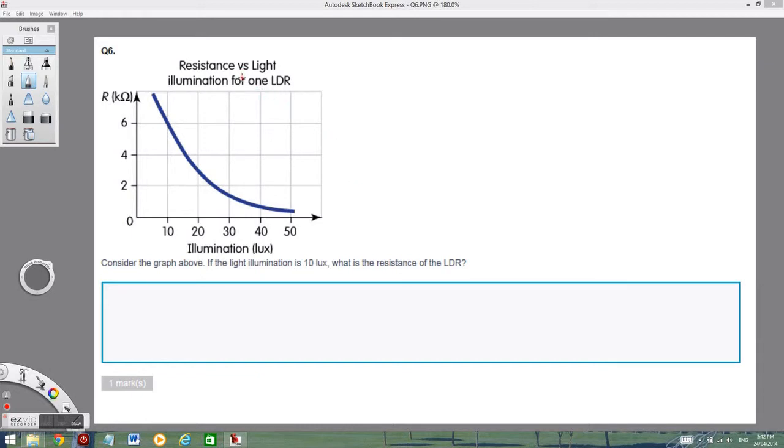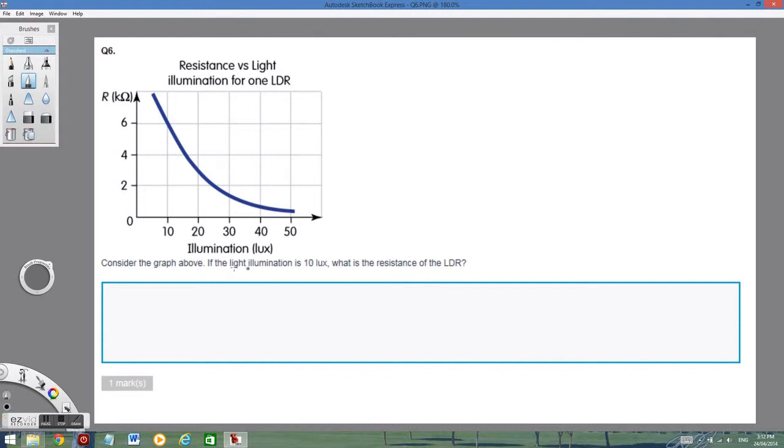Okay, now have a look at this question. When you're going to do questions with light-dependent resistors, they must provide you the property of the LDR. Normally it's in a graph like this. As you can see, the x-axis tells us the light intensity, and the y-axis tells me the resistance